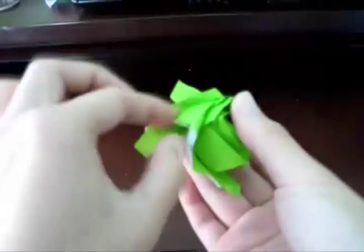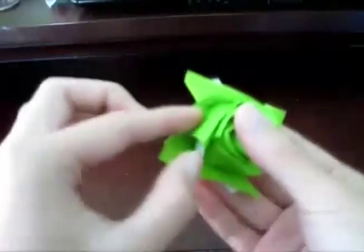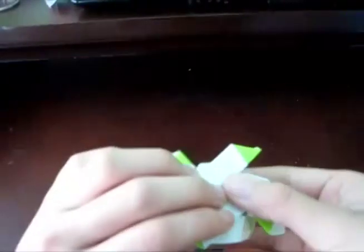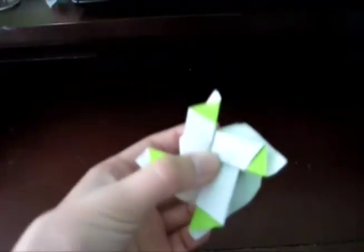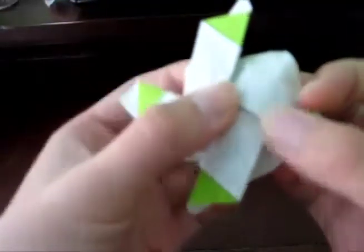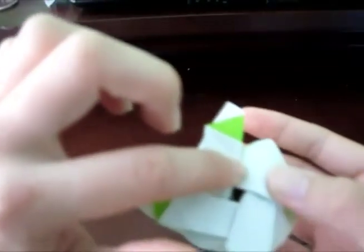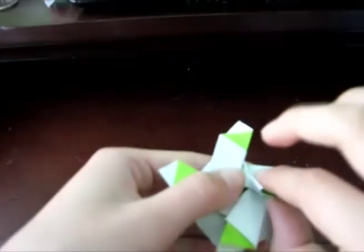Okay, you can just adjust that. So now all of the sides are pretty much in, like that. And you're going to turn it back around. This isn't very neat or anything, but we're going to just lock it into place. Okay, so you see in here, this is the paper that you folded back. There's a diagonal coming from there. And you're just going to fold the diagonal like this